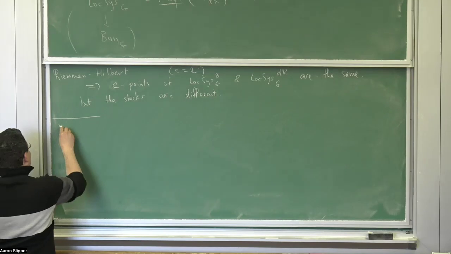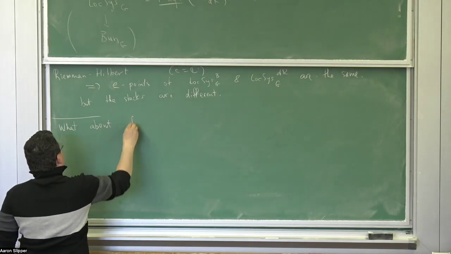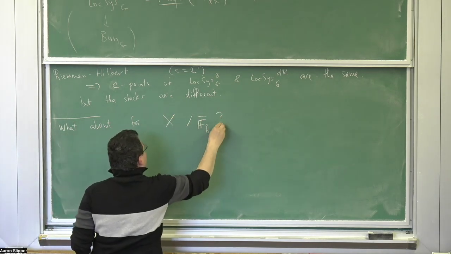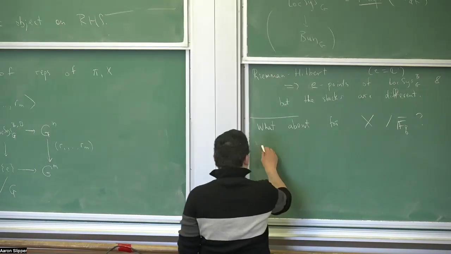So what about X over Q bar? So the problem is this. Let's take the first approach. I don't want to say anything about the deRham version in that setting. You can try to imagine some crystalline version, and that's even more complicated than the étale version. But we can try to study